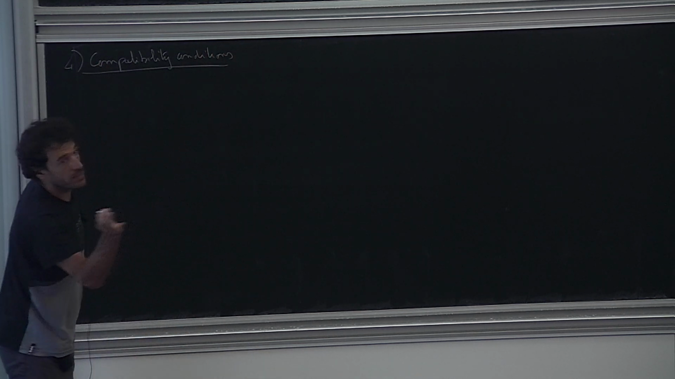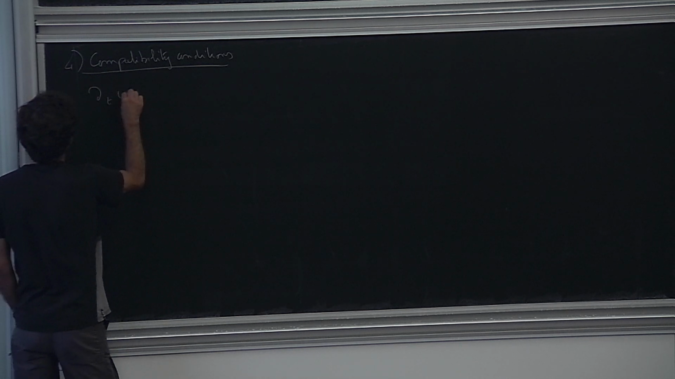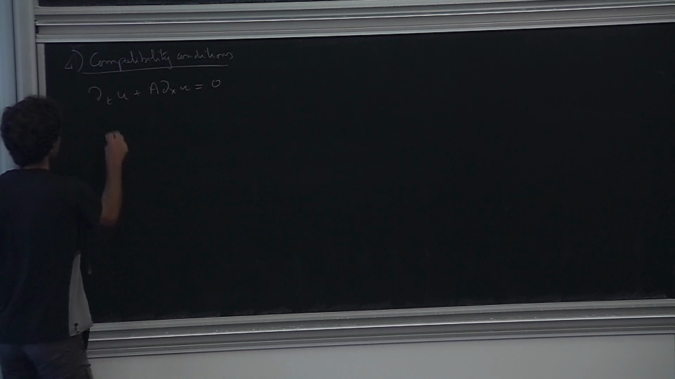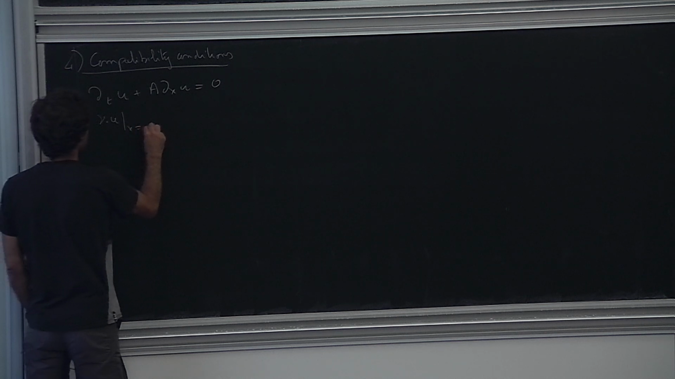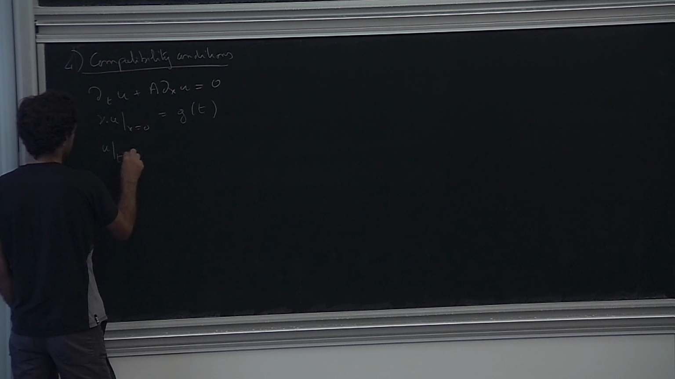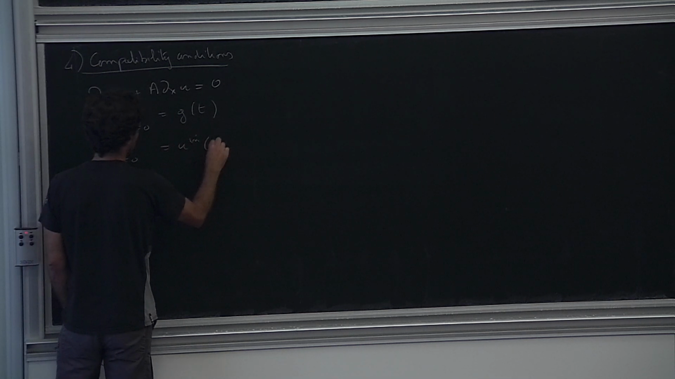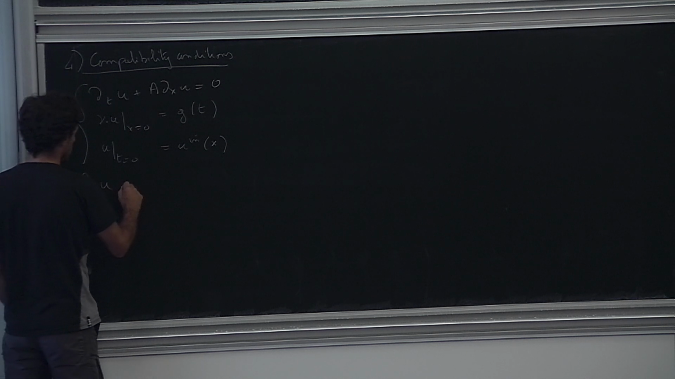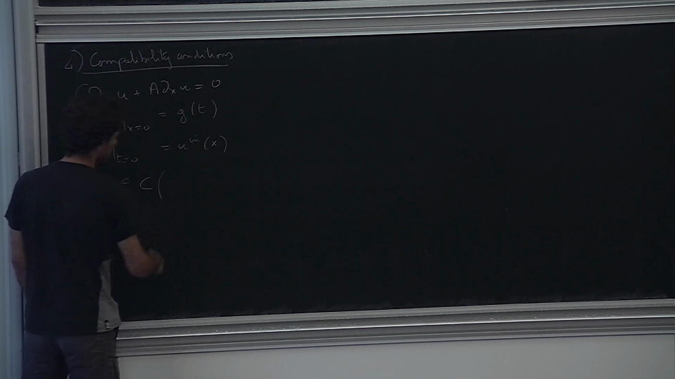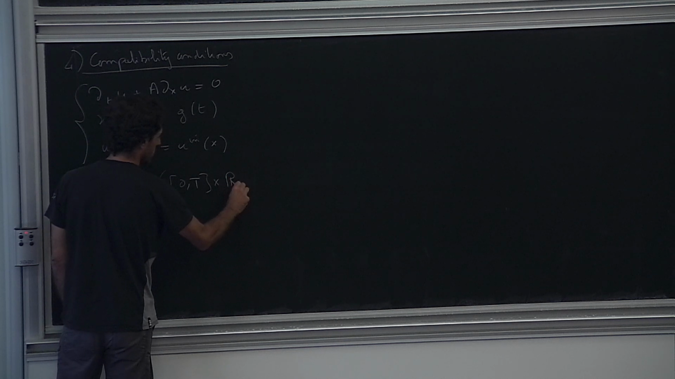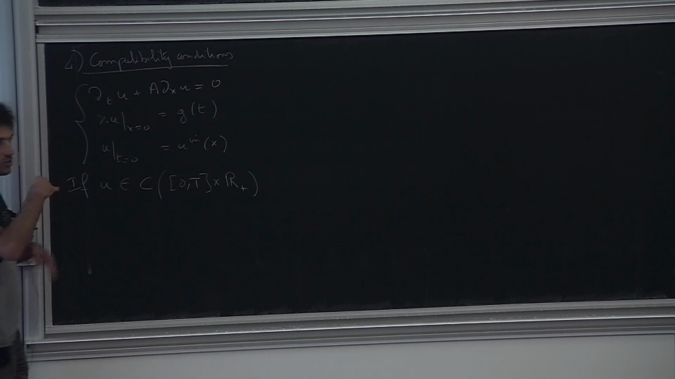So let me take the same example just to simplify the computation. dtu plus a dx of u is equal, say, to 0, to simplify even more. nu dot u at x equal to 0 is equal to g of t, and u at t equal to 0 is equal to u initial of x. If u is continuous, say, on 0 to T times R plus closed,